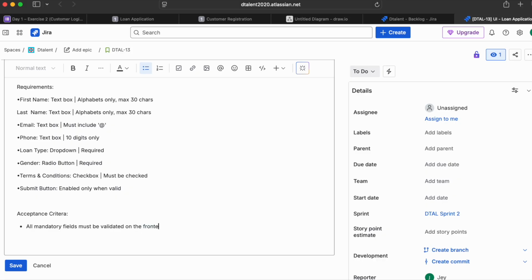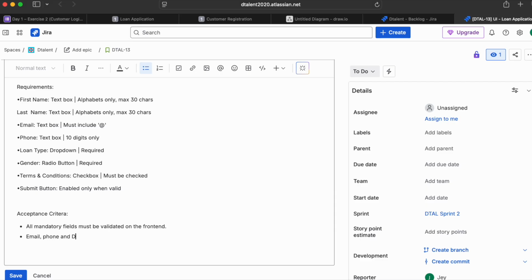Number two, email and phone must follow the defined rule. So there are some rules for the email and fields. I'm just taking an example. Email, phone, and date of birth formats must be